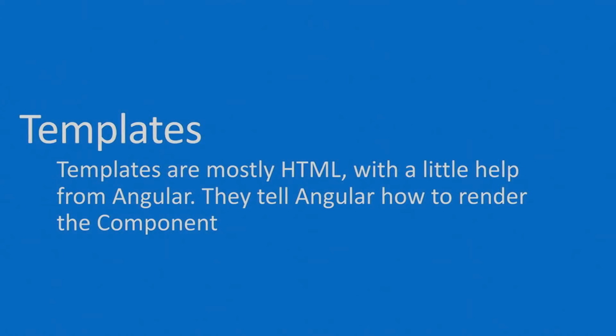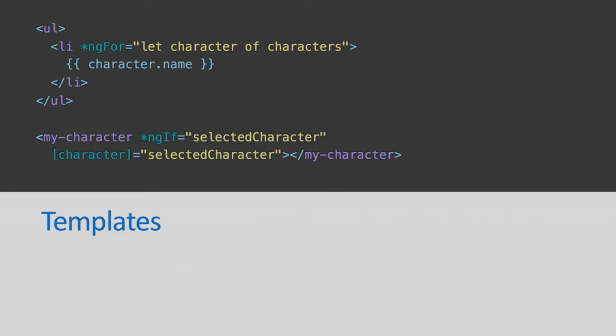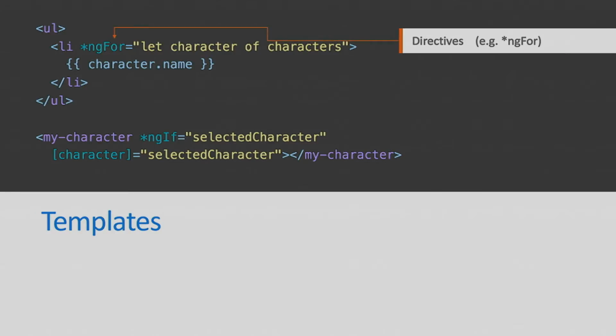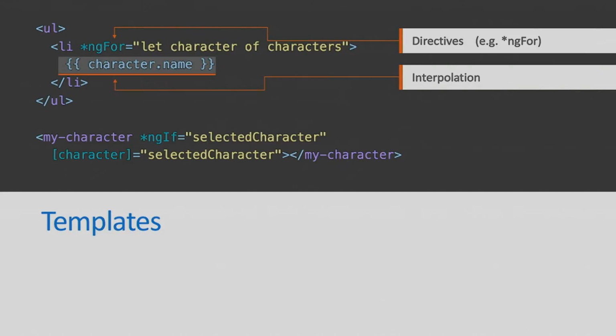So inside there, we saw more than just components. We saw templates too. The templates are going to be basically our HTML. It's what's shown on the screen. That's what's going to tell the browser or the mobile device what to show. A template might look like this. We use this ngFor thing quite a bit. It's going to loop through a list, display the stuff on the screen, and we're good to go. So in this case, we're using a directive called ngFor. That's like a repeat. And we're interpolating the value of character.name.